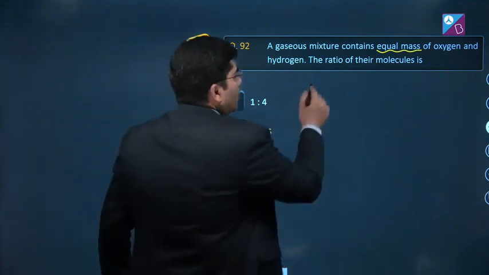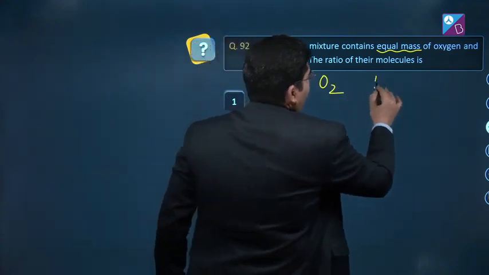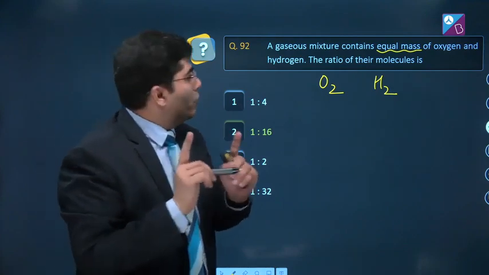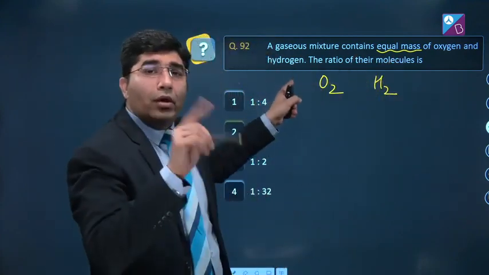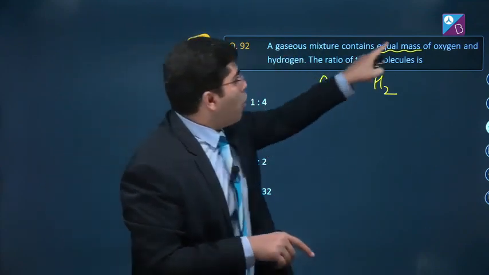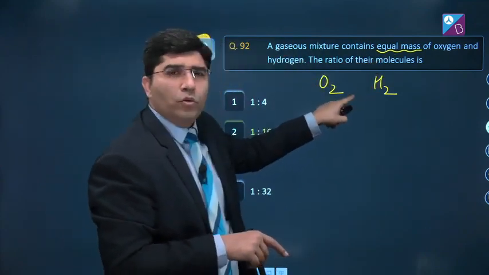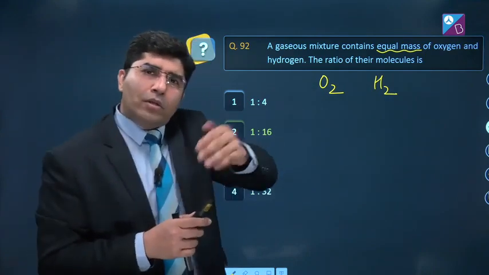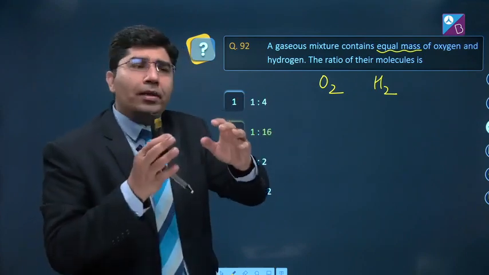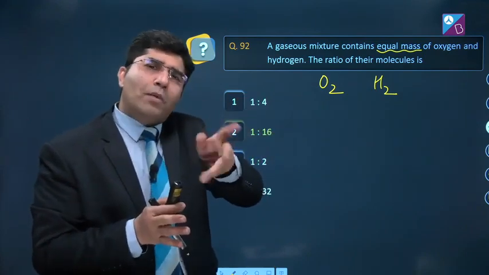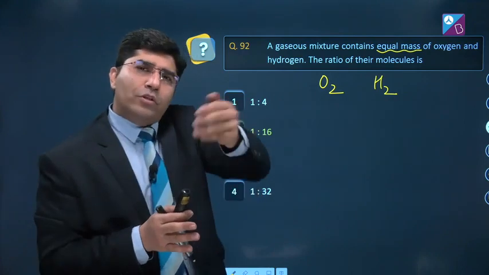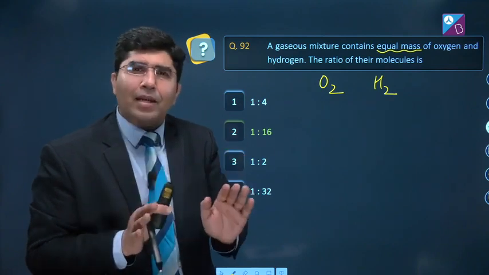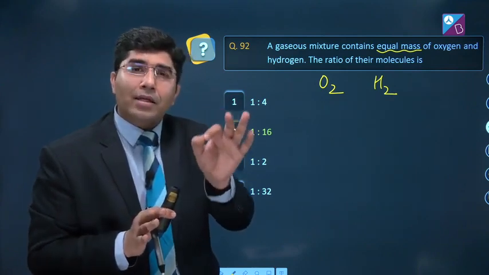So when we talk about oxygen and hydrogen, just be careful about this thing, whether it is oxygen and hydrogen or it is hydrogen and oxygen. So it is oxygen and hydrogen, that's why I have written O2 and H2. नहीं तो कभी कभी क्या होता है कि दिया होता है कि रेशियो निकालो ऑक्सीजन और हाइड्रोजन का, लोग निकाल देते हैं हाइड्रोजन और ऑक्सीजन का, तो उसमें क्या होता है उन चार ऑप्शन में दोनों ऑप्शन आपको मिल जाएंगे, ऑक्सीजन इज टू हाइड्रोजन और हाइड्रोजन इज टू ऑक्सीजन, दोनों दिए होंगे, वहां गलती होने के चांसेस होते हैं। मेरा काम सिर्फ आंसर बताना नहीं है, मेरा काम ये भी है कि कहाँ गलती कर सकते हो।